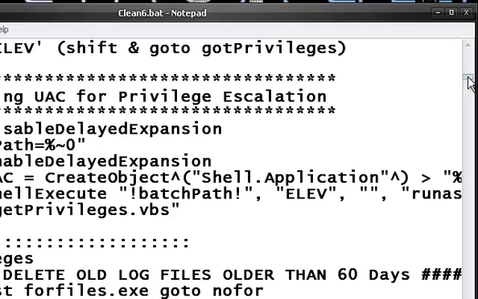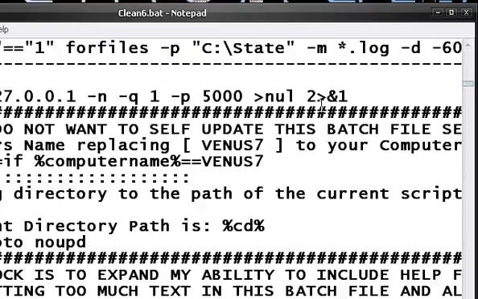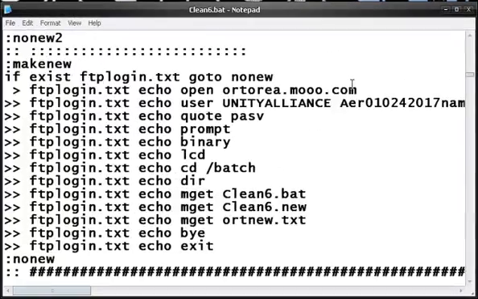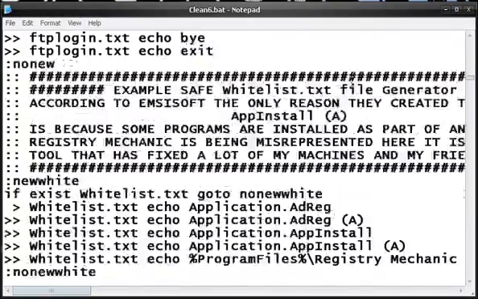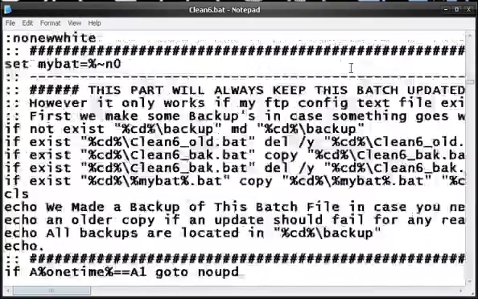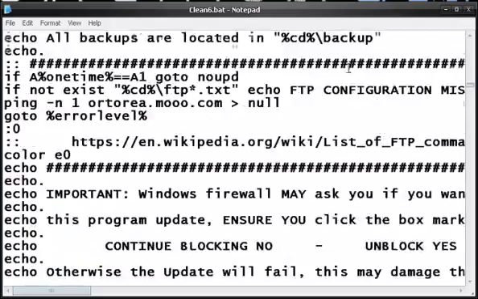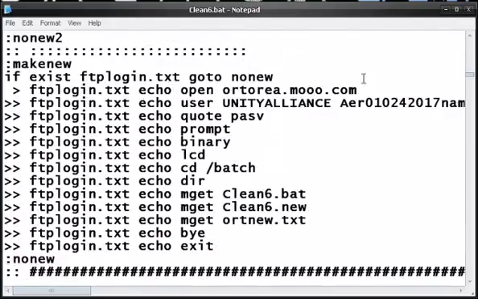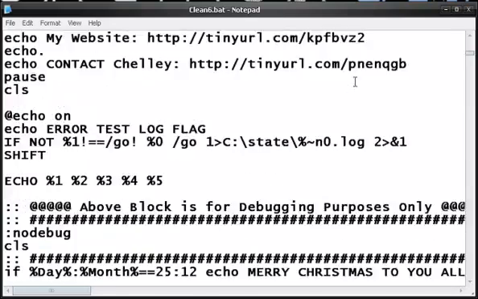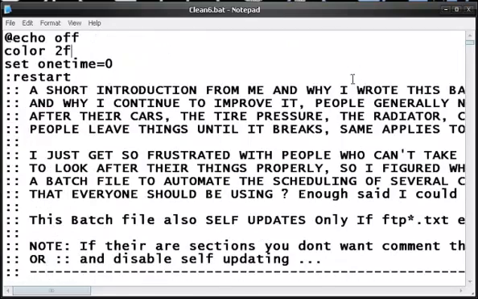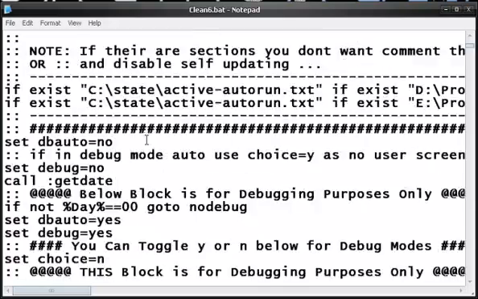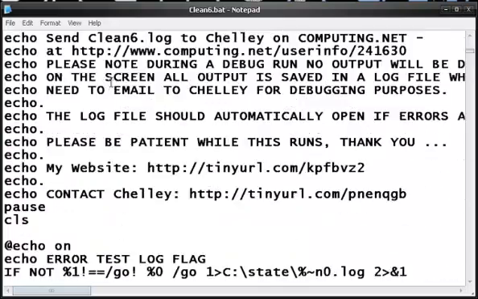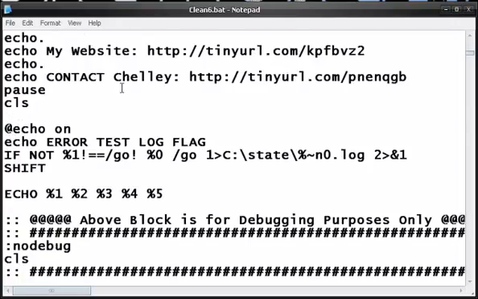Now, I made this batch file that cleans people's computers. Just to demonstrate, it also self-updates. It downloads itself off my FTP, so it always keeps itself up to date with the latest. Now this is my CLEAN6 bat, and I'm going to run it in a minute. Just to prove it, I'm going to go down to a line where